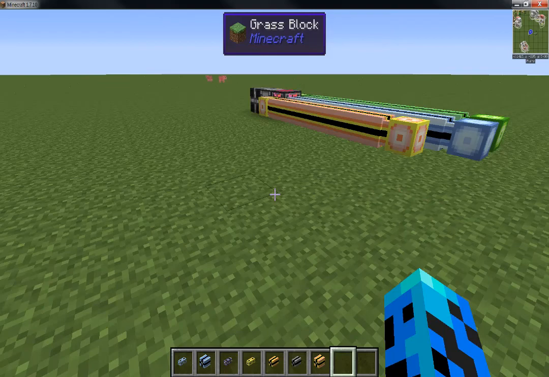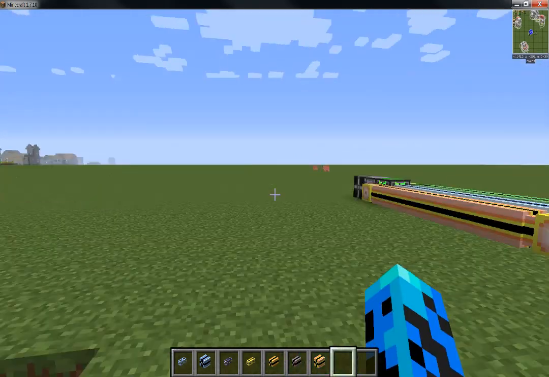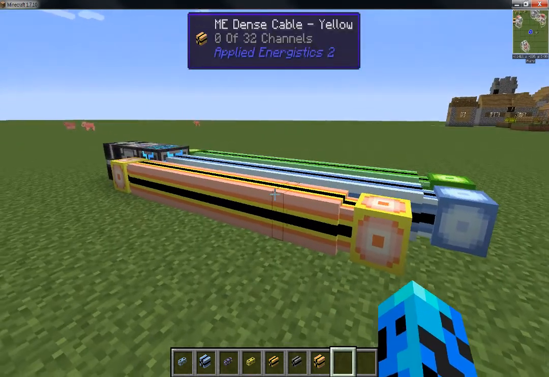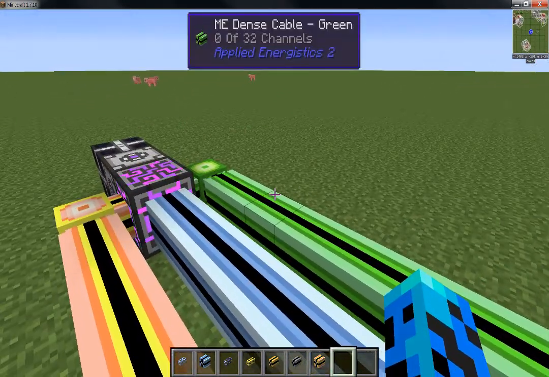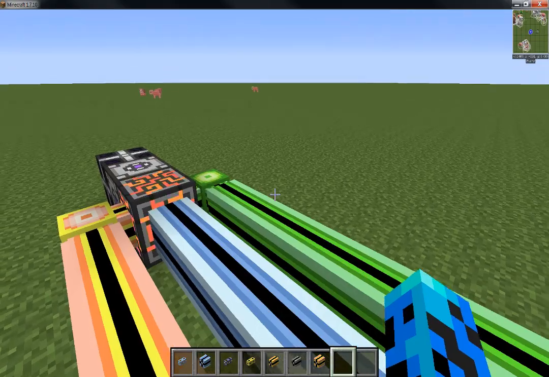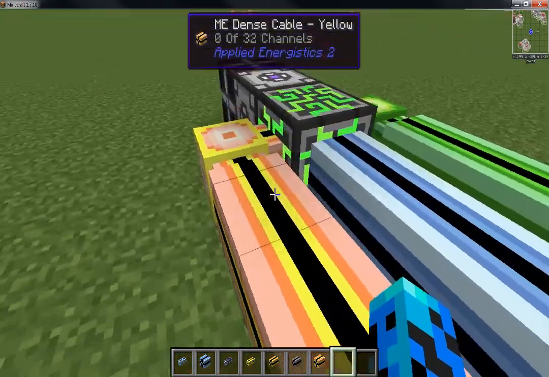So I'm in my test world, the same test world that I did that thing in, and I've just been goofing off and trying to explore this. Maybe I want to share some of the things that I have learned. First and foremost is,